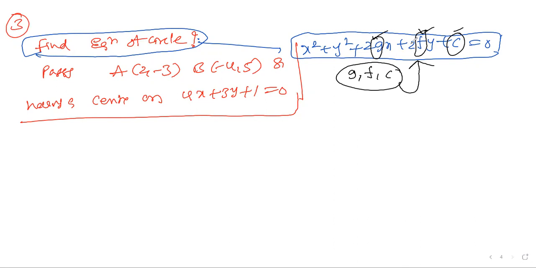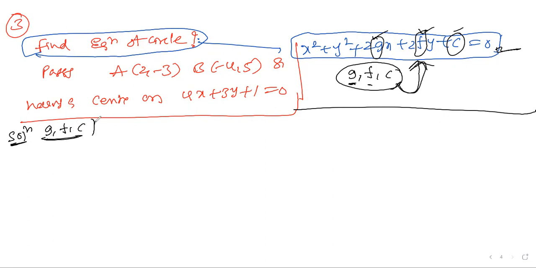It's very clear. Once again, this is the general format of the equation. So if you know the g, f, c values, for any situation you can frame the equation. The equation of a circle depends upon g, f, c values only. If you substitute g, f, c in this, you will get the equation. So in any situation where they ask to find the equation of a circle, you generally have to know g, f, c values. Here, same: our agenda is to find the g, f, c values. Clear?